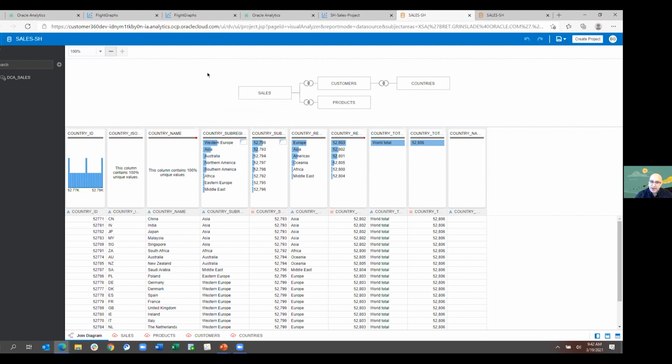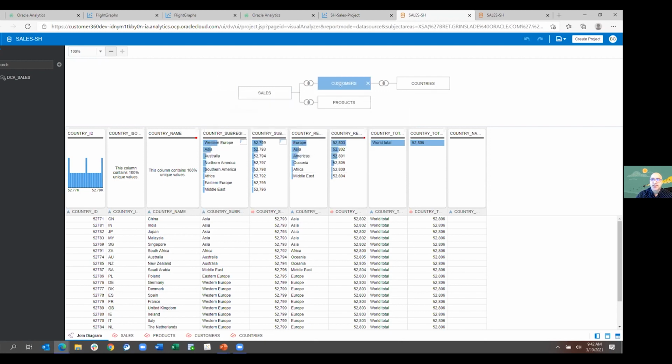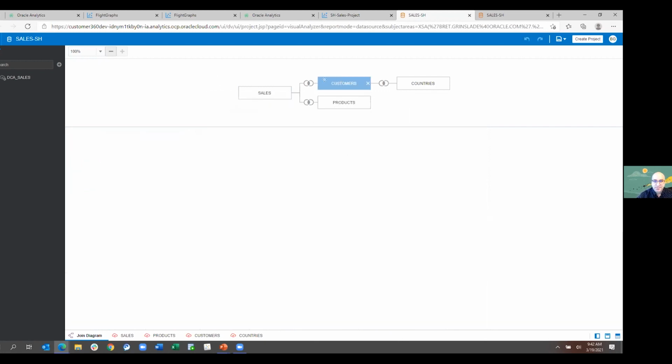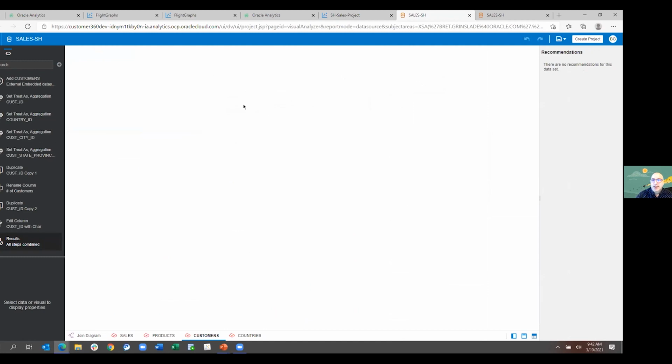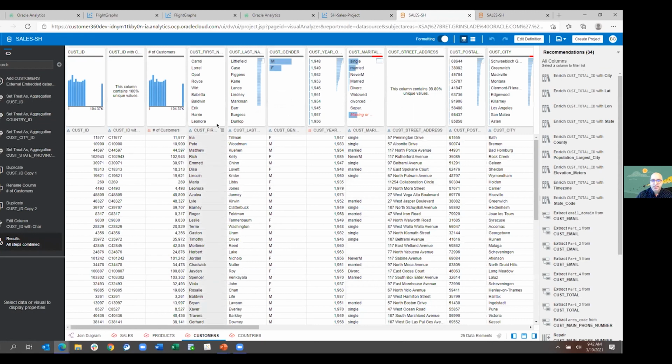And because you don't have something like a data flow in this case, sometimes you might have a problem. In this case, I have my join working because these data types are the same, but let me just show you an example. If I went into the customers here, you'll notice that I can prepare the data for each table independently. So this is a normal data preparation experience. You'll see the new quality insights that some of you may have seen in other demos. This is part of the multi-table data sets feature as well. And it can apply to Excel files and other types of uploads. But I don't have to do a data flow or something to be able to improve my join.